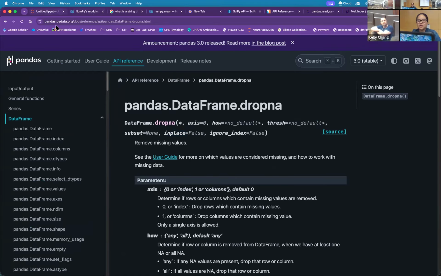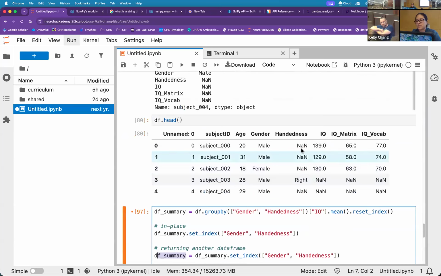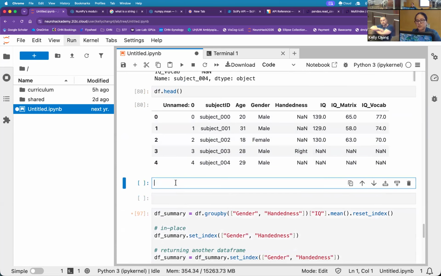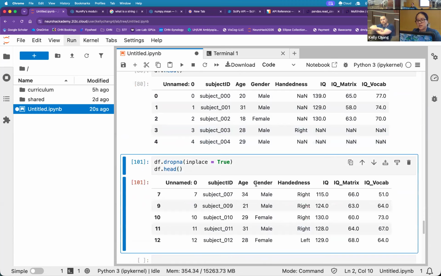Let's actually do that. This is a great moment. So I know I have NAs in my original data frame. Look at that. So let me also give a bit more space. df.dropna(inplace=True). So if I print the df the second time, I'll do the head again. If I just run this, I didn't have to assign that data frame back into itself to overwrite it. It does it in place.